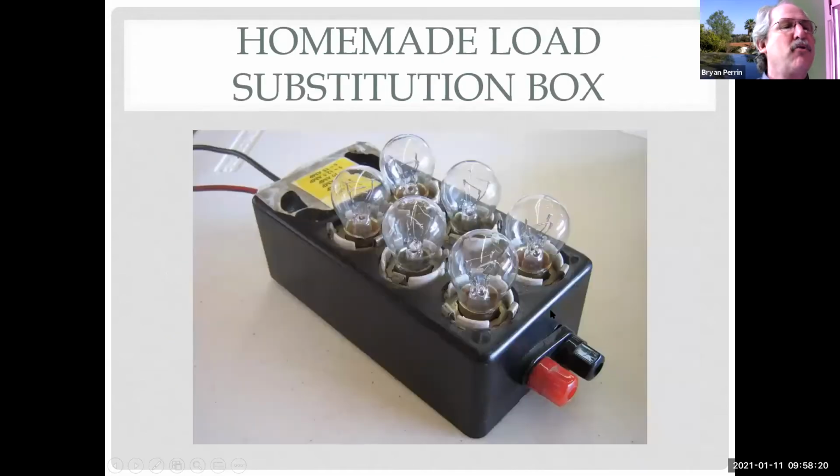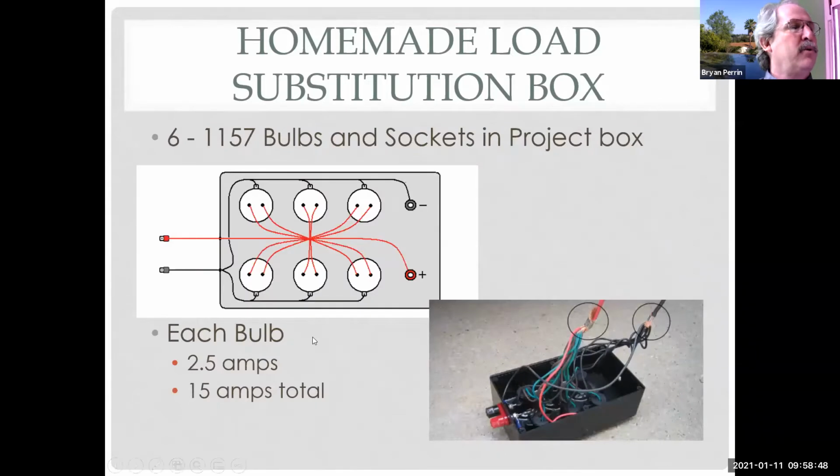This is a homemade load substitution box. So you're going to hear me talk sometimes about installing a substituted load to stress a circuit. And this is also the preferred method we have if I have a short circuit for trying to find where the short is. Because the problem with a short is the fuse blows. Well, how do I find where the problem is when the fuse keeps blowing? Well, I understand Ohm's law, and I know that if I have a power supply, conductors, and a load, I have a complete circuit. So what we'll do, and here's the wiring on how it's built,